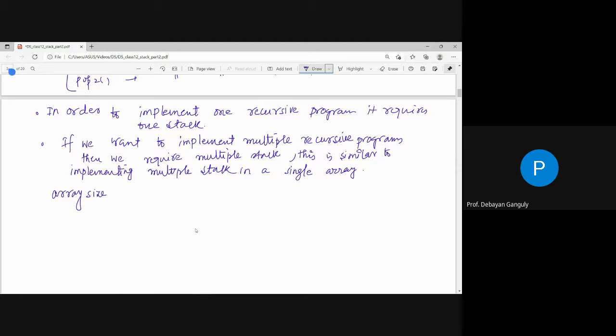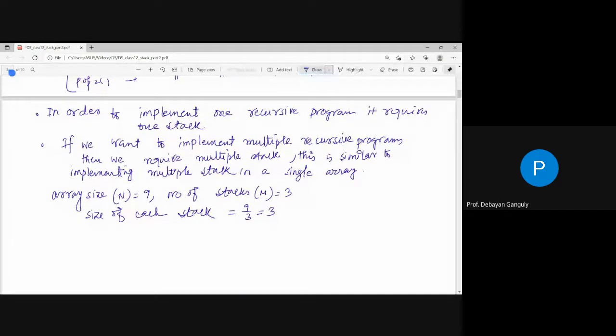Suppose the array size is given as 9, and the number of stacks you have to implement is 3. Then the size of each stack is 9 by 3 equals 3. So in that case,